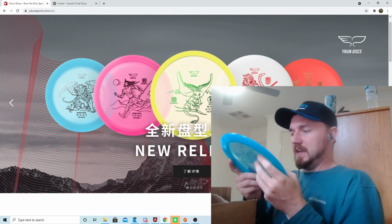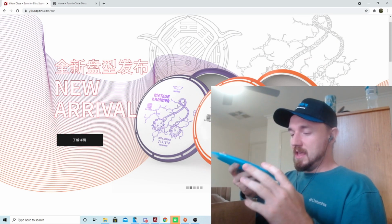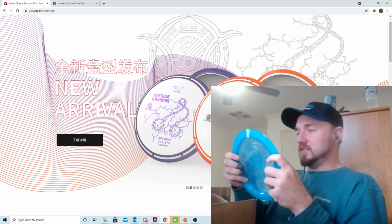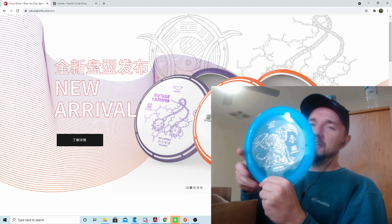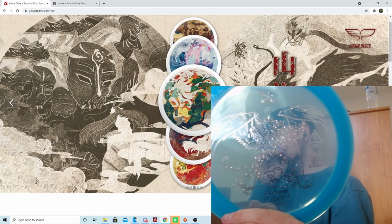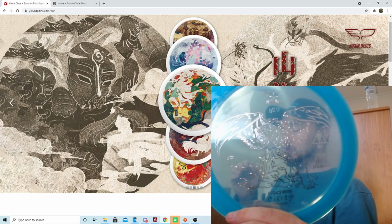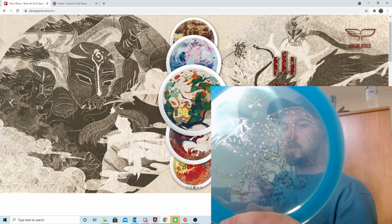This is going to be the Phoenix Line Key, I'm assuming is how you say it. It's QI. It's a 13.6 -2.2. And I'm actually a big fan of Yikun's distance drivers. They do a really good job of making pro-level high-speed drivers. A lot of their molds from last year's models were definitely more geared towards beginners, but even the